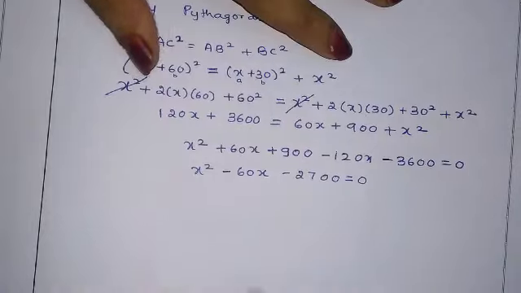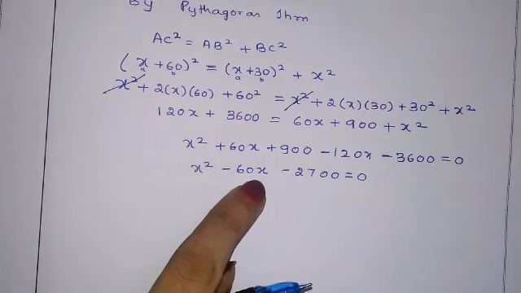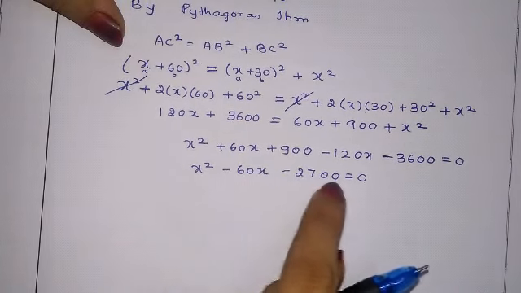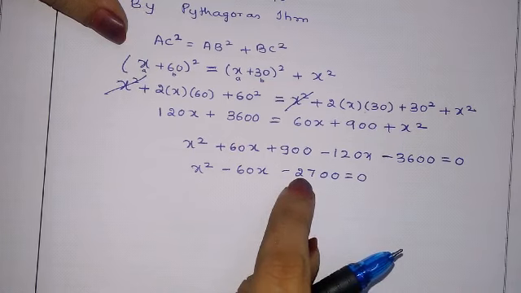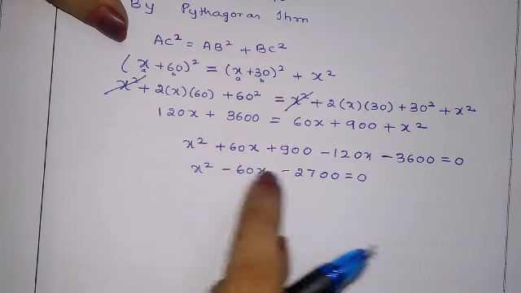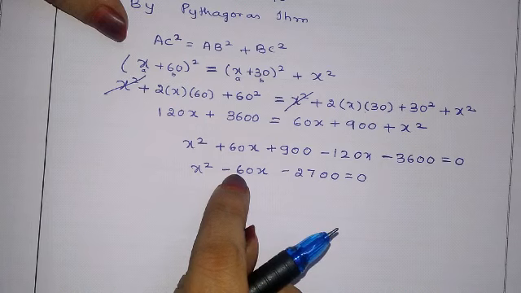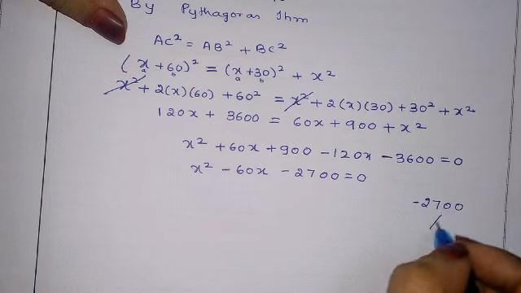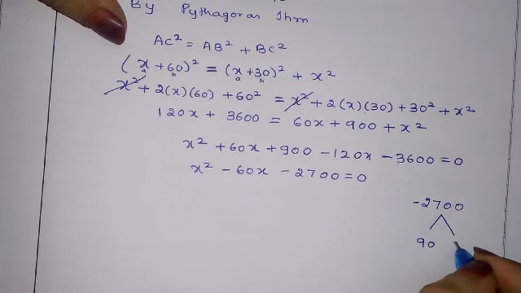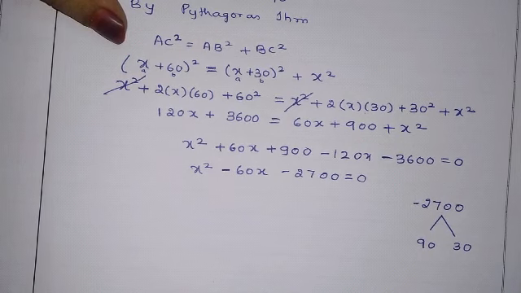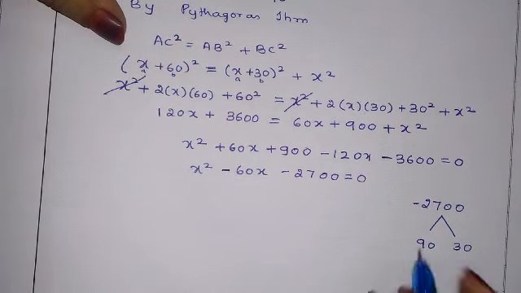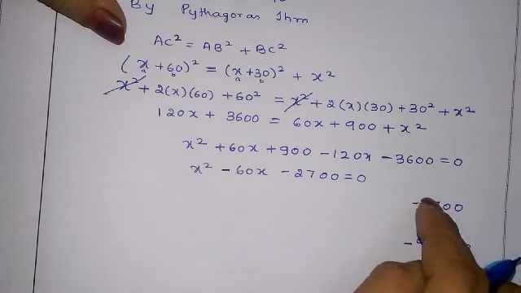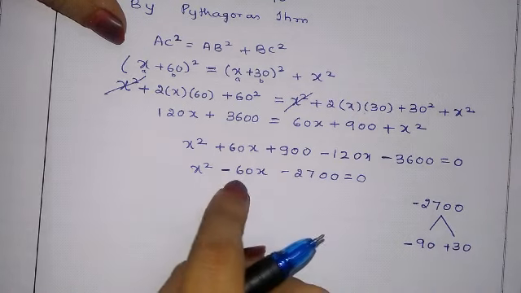Now we can do the factorization method or formula method, either, but with factorization we can easily get the answer. We will leave these zeros and we will see. We know that 9 threes are 27, 9 minus 3 is 6. So 27,00, negative sign, 90 thirties are 2700, but the bigger sign is minus, so here minus plus.